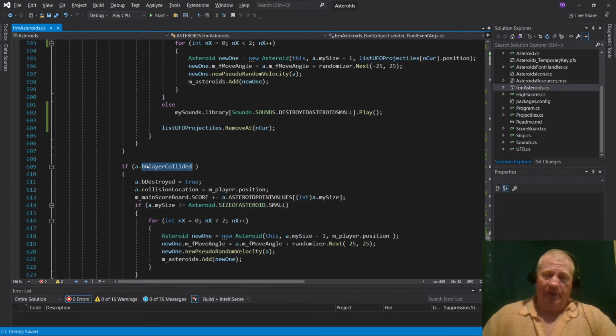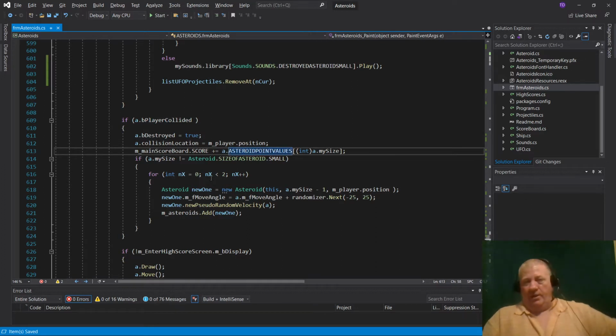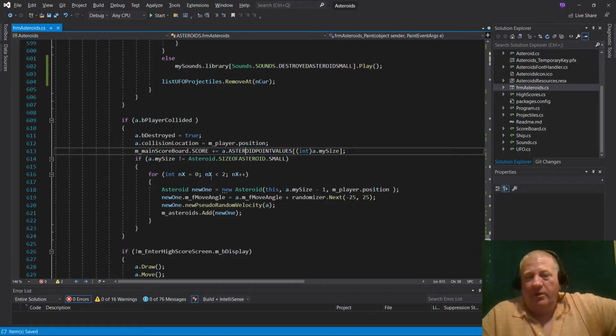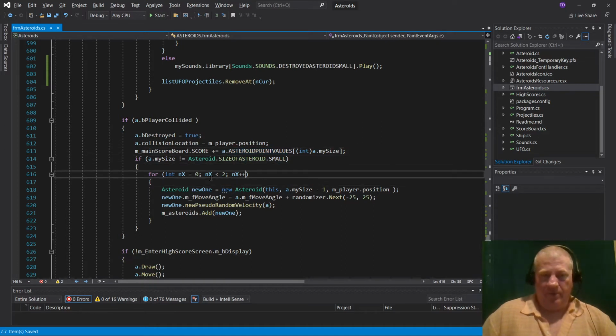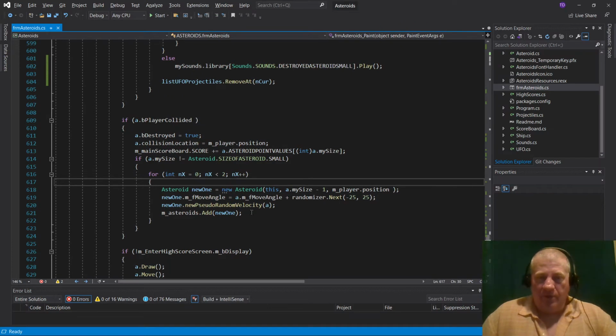So, finally, if the player collided, we save the current player position, and I increase the score by the asteroid point value associated with that. So this is a case where the player is actually moving around and we've got collision detection detected on the player hitting that asteroid. And you've got the same problem here with the sound. I'm curious. Did I not check this one too? Clearly I had some work left to do on this. Yeah, we've got sounds associated with that one. I don't know where that one was done at, but